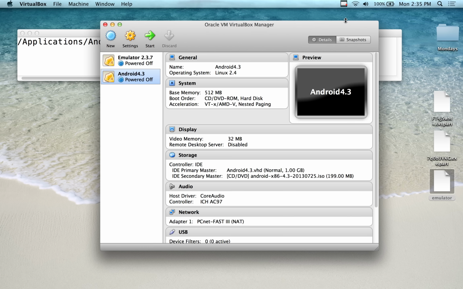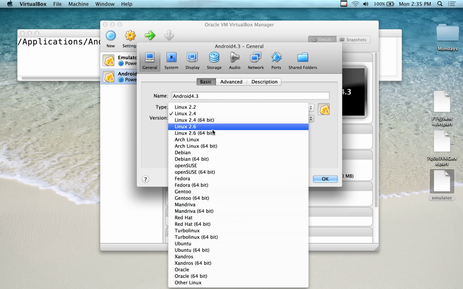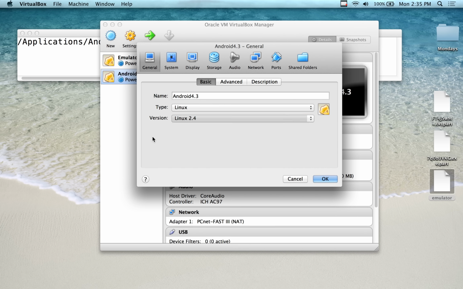If you get any kernel related error messages, come back in, click on Settings. In the general category, change your kernel. So if you have it on 2.4, put it on 2.6. Take it off of 64, put it back onto 64. It means that you need to adjust your settings. Most of you will work just fine on 2.4 non-64-bit. If you're getting no bootable medium,